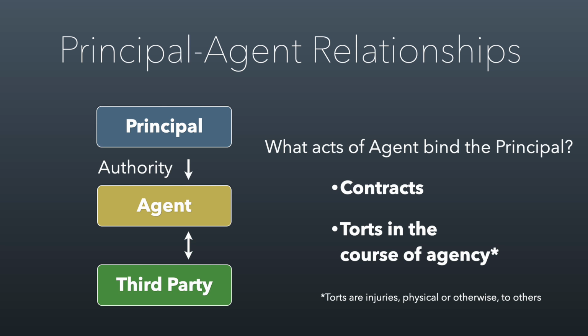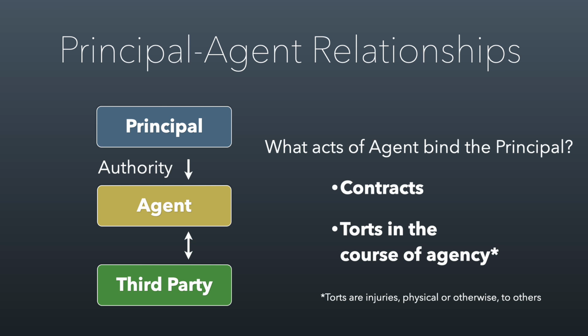This is the sort of thing that applies. This is, by the way, why insurance is such an important part of any business venture or any kind of activity, because if you have people going out, like driving trucks that your company owns, or even trucks that they own but that they're driving in the course of doing their job, that imposes liability on the business owner or the nonprofit. So that's an example of a tort in the course of agency.